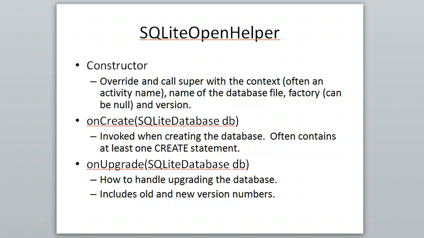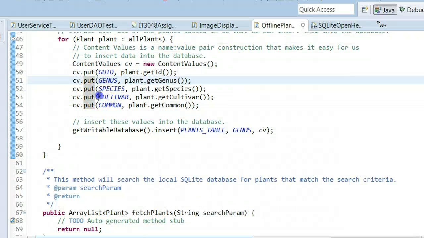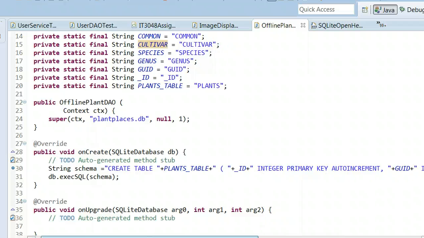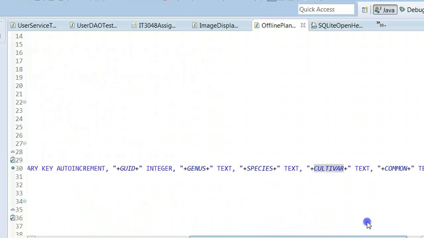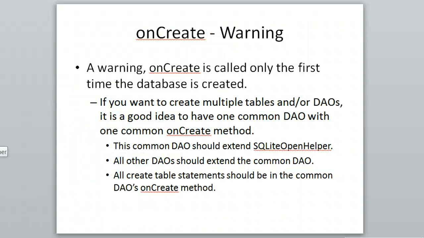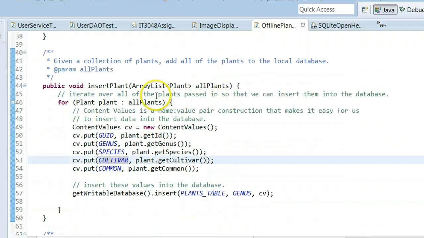So first, a little review of what we did. We used this onCreate method to create our database schema. If you take a look here, we have a standard SQL create statement that's creating a table and creating columns in that table. Next, what we did is we used ContentValues to take a list of plant objects and store